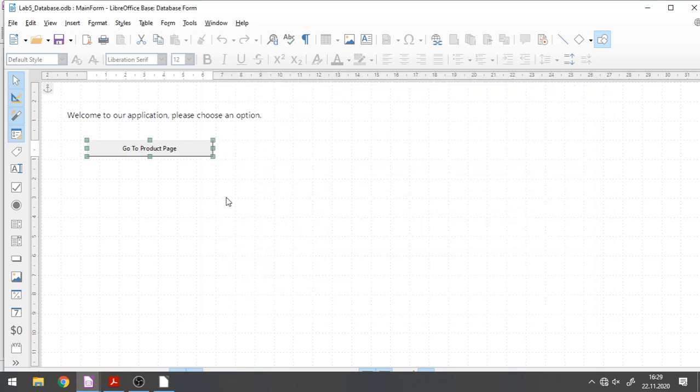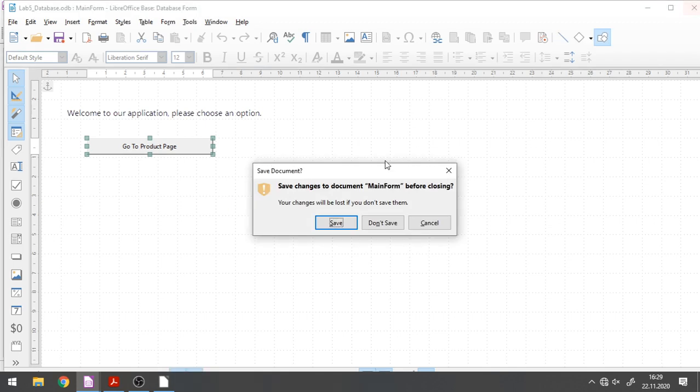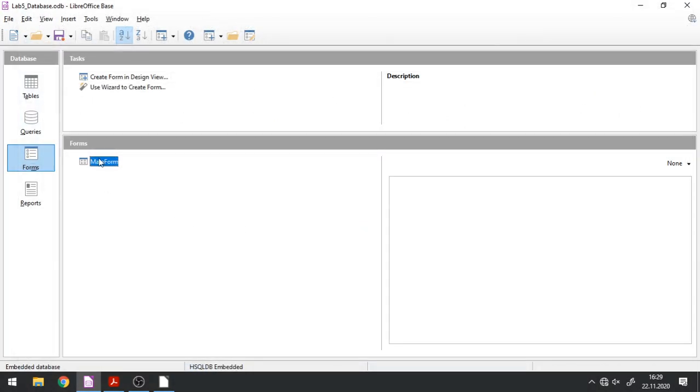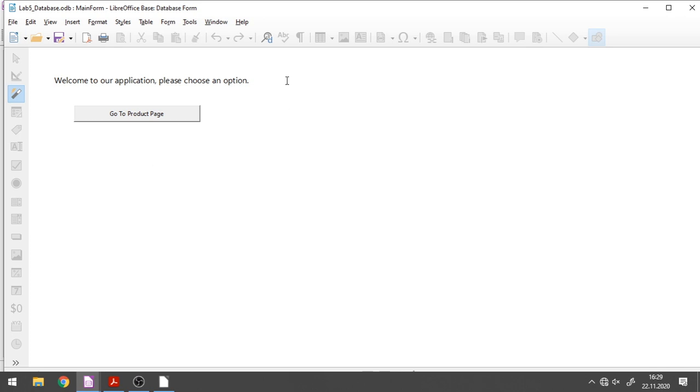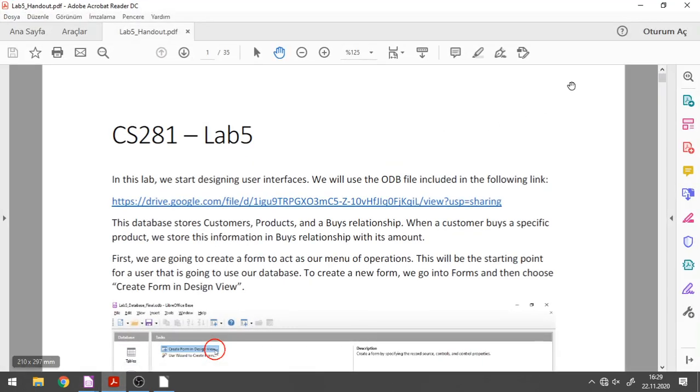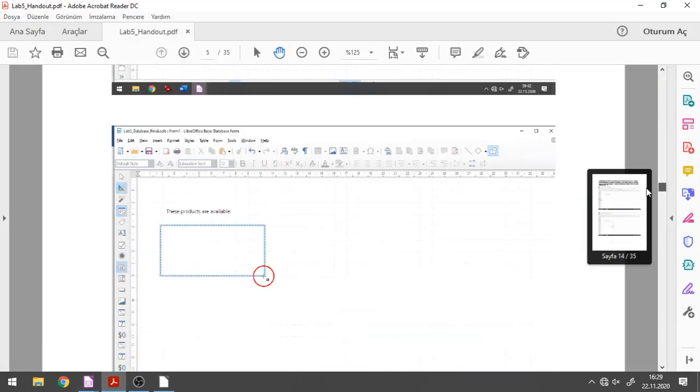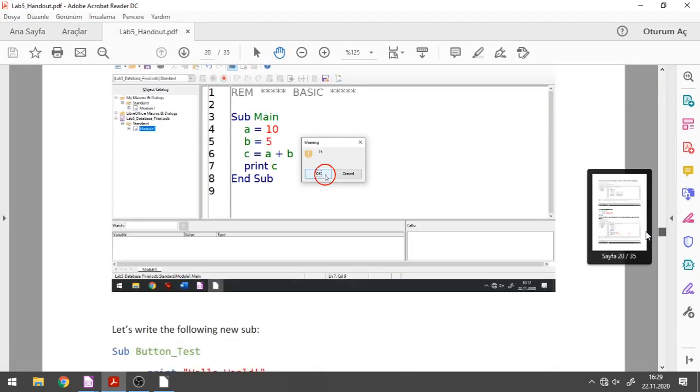I will hit Ctrl S to save my form. I will close it, save. If I double click on my main form to get into this page, and if I click on go to product page, now it is going to run the attached macro, and this attached macro prints the result of my operations. So if you go further in the handout, we actually give you some